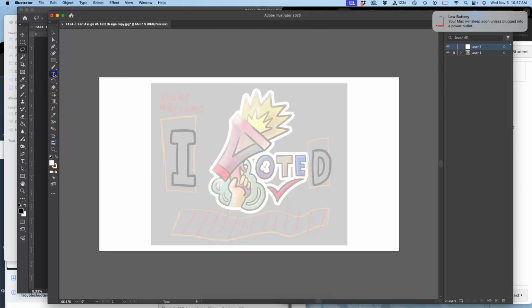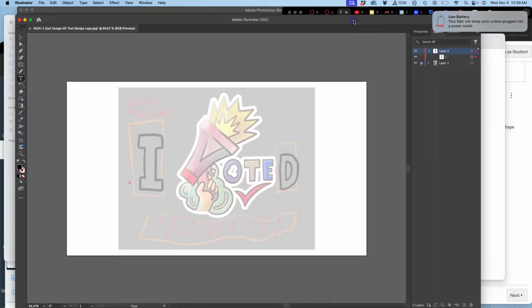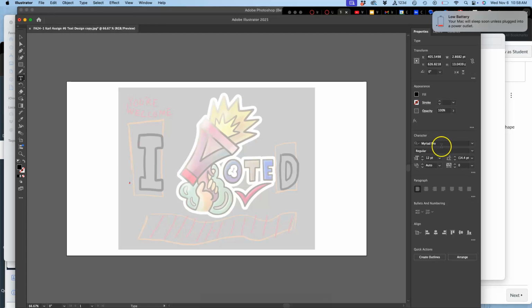So the T, right? Notice you have the type tool. You have a beautiful tool called Type on Path, which is going to work really well for mine. And then we have a vertical type tool. I'm going to use a standard type tool for the I and the D. I'm just going to click, and you'll see how small it is. Double click on it, and make a capital I. Now, how do I make it big? Well, you go to that vector layer, and you select it. And then we have to go to the properties to see the type options. And the first one we have is the point size. So this is going to be